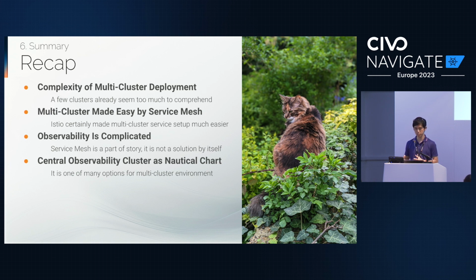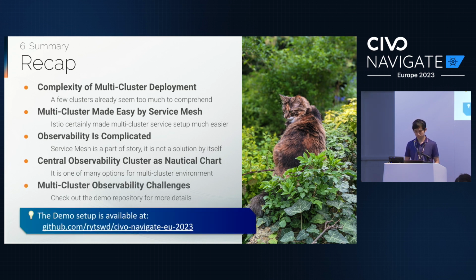So we have one place to go to. We can look at multiple clusters, and we can see exactly what happened and what's causing the problem when there is any problem with some of the stacks. It could be just one cluster, it could be every cluster, depending on the situation. But if you have one dashboard to go to, that's one way. That's not the only way, though. And for multi-cluster observability challenges, you can see some of the details about the data sources, intercluster metrics, and all of that in the repository, as I show here.